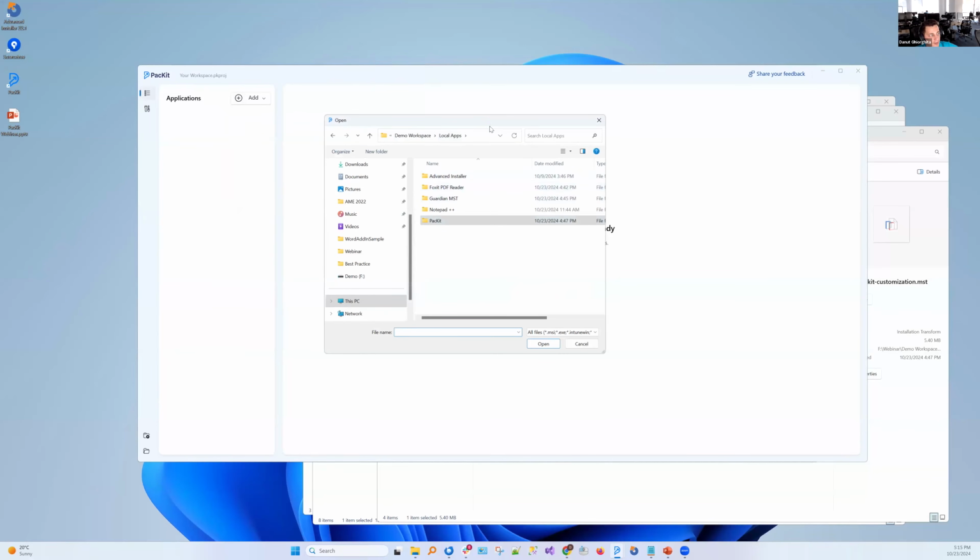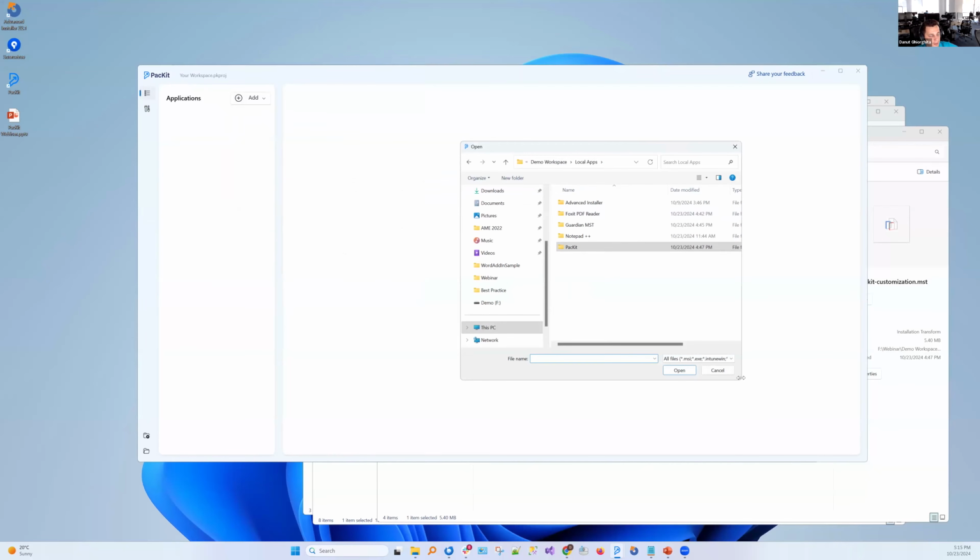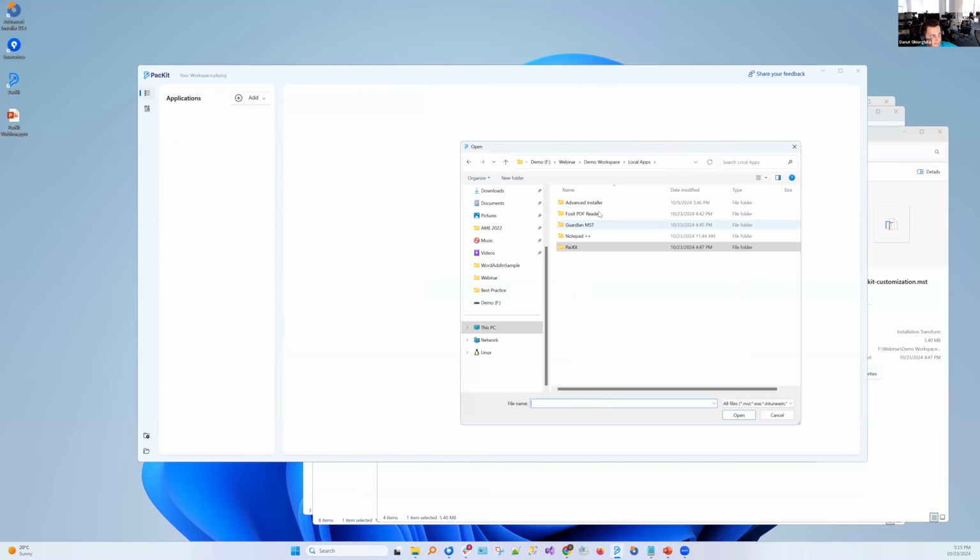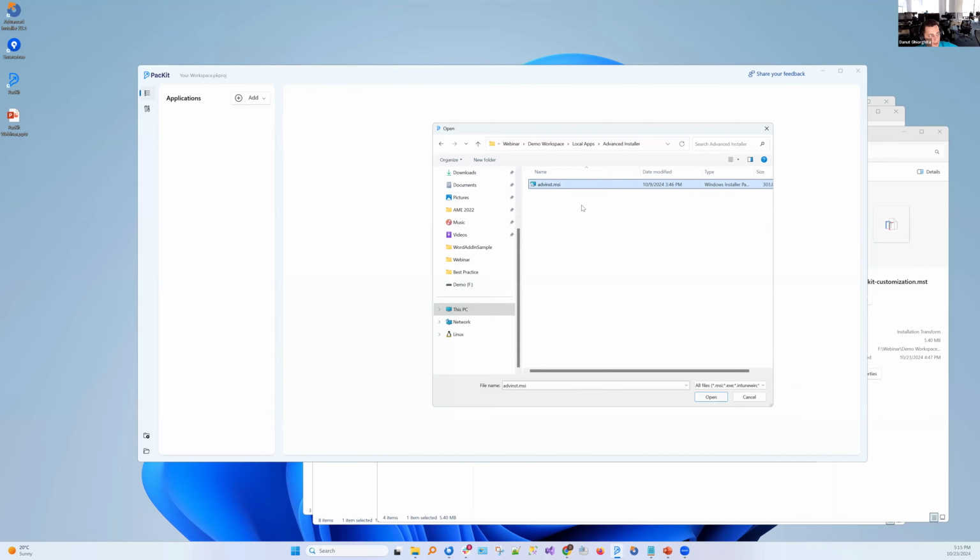Okay, we have a list of the local apps that I have saved on my machine, and I can choose to add the package. We allow you to add, as you can see, MSI, EXE packages, Intunewin files, MSIX packages, Appx. So all the supported packages are here. Let me add the